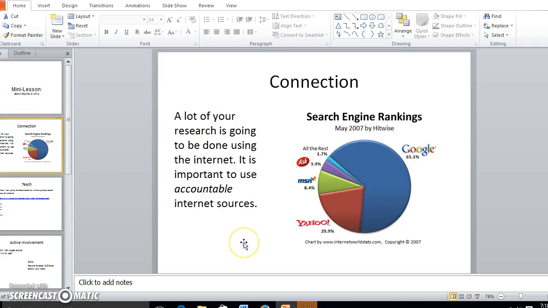For my connection, a lot of your research is going to be done using the internet. It is important to use accountable internet sources. So this little chart, if you will,